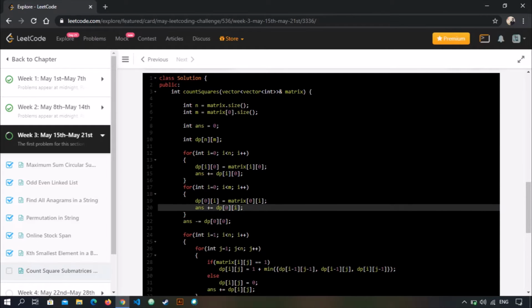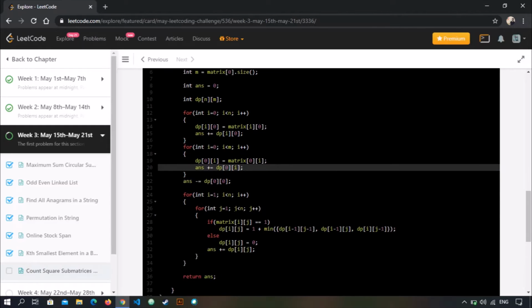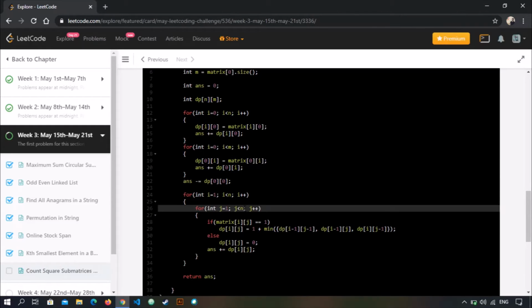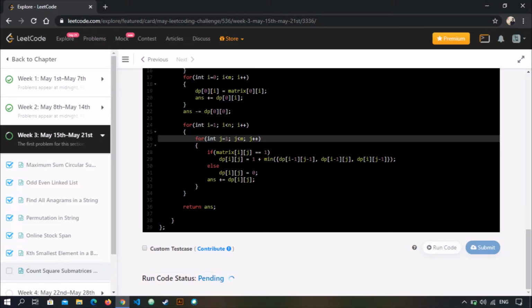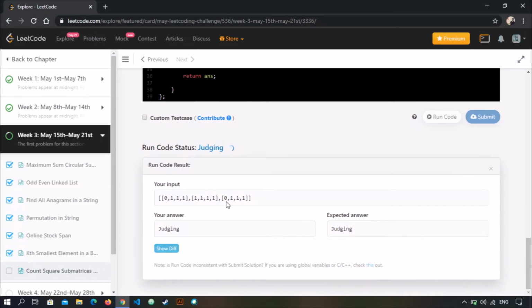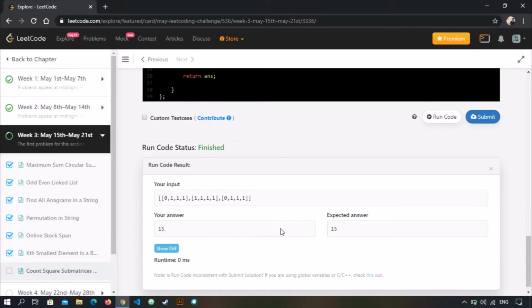N is the number of rows, M is the number of columns. Number of rows, so this is good. Now we have to iterate it to M, since the number of columns is M. Let's run this. And the expected answer is 15. Let's submit it.